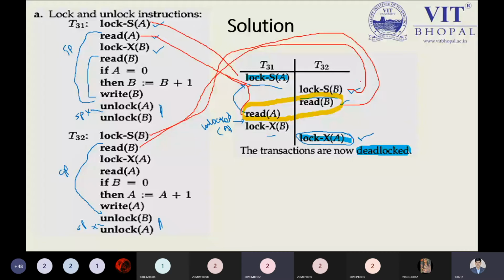Sir, does it mean the lock happens at the last? That is the reason for that lock. Yes, definitely. This is a simple answer. Because we are putting the unlock according to our given information. In transactions T31 and T32 we have the unlock at the bottom side. We can't put the unlock at the beginning part. If you put it there, then you have to use the lock exclusive A at T32. So definitely we are changing something.